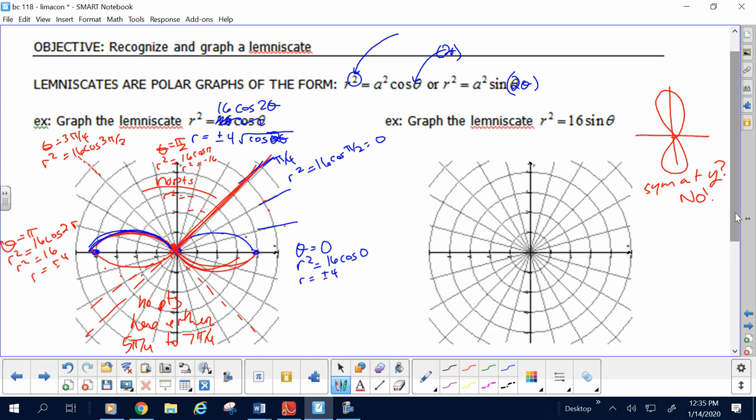What angle will the max R come at? Pi over 4. Why pi over 4? You're absolutely correct. Because sine is at a max when you take sine of pi over 2. Well, if it's sine of 2 theta, then it's got to be pi over 4 times 2 to get that. So here you'll actually see propellers